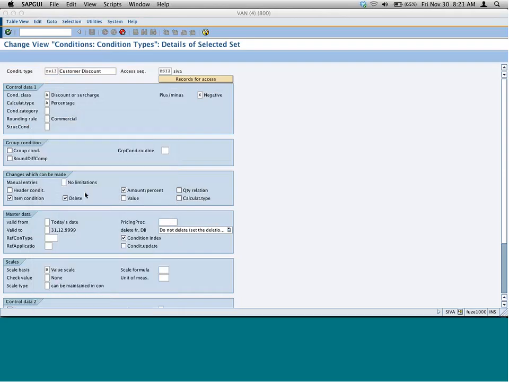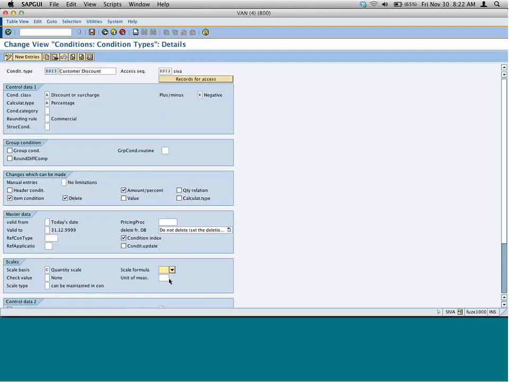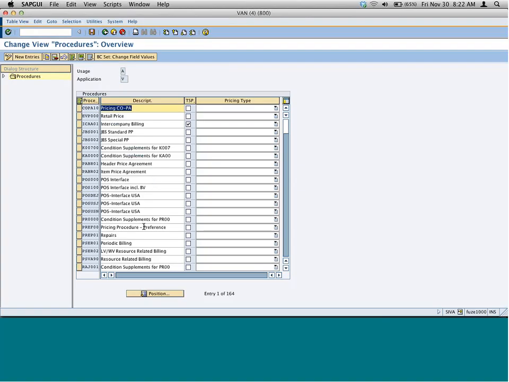So you go to new condition, okay, and then go in again. And then there are other things in scales like scale type, scale formula, so on and so forth. Okay, just save it. Go back to our pricing procedure and insert our new